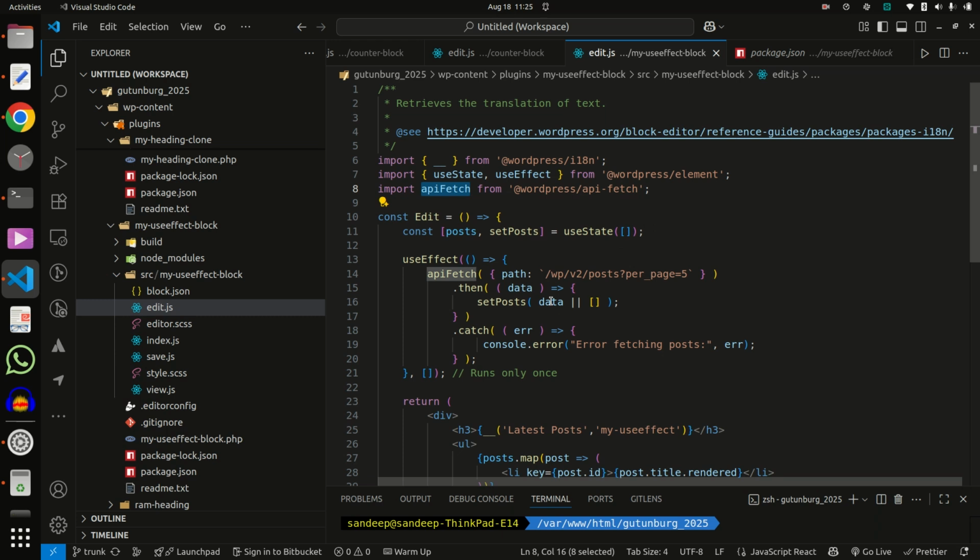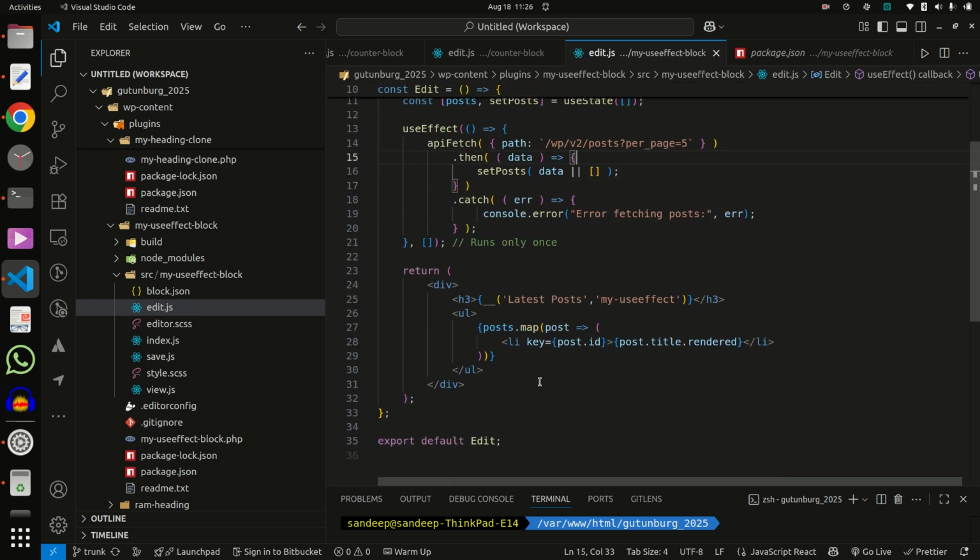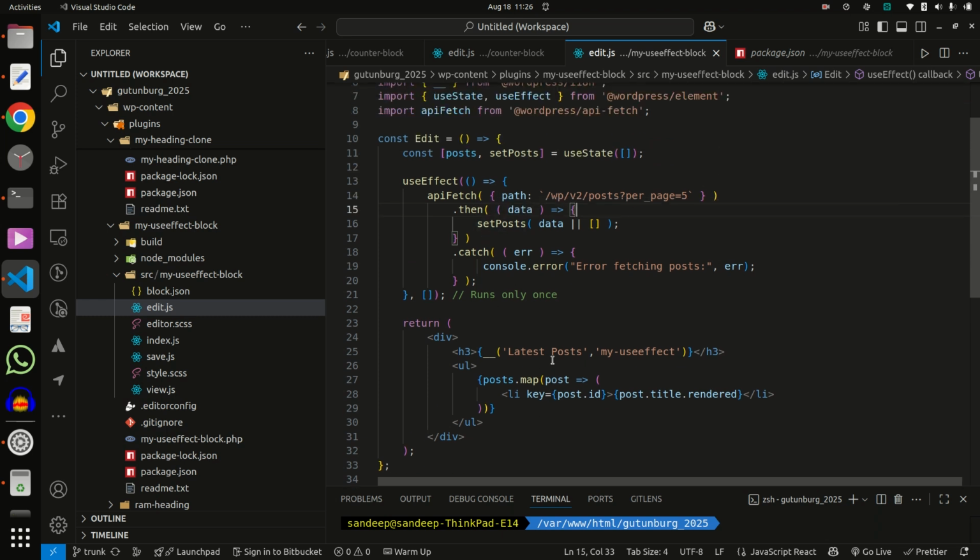Inside useEffect I run the apiFetch method, and inside that I use the ES6 then promise method, and now I get the data inside setPost.